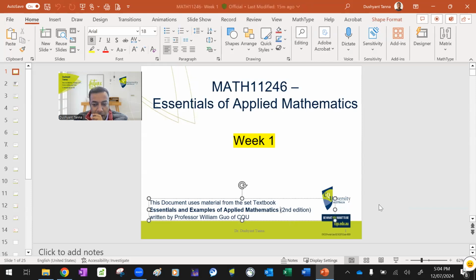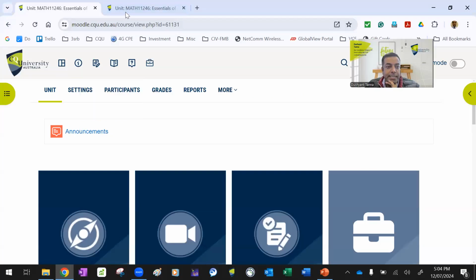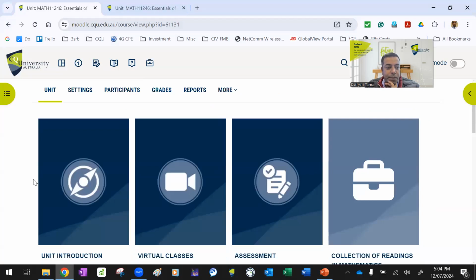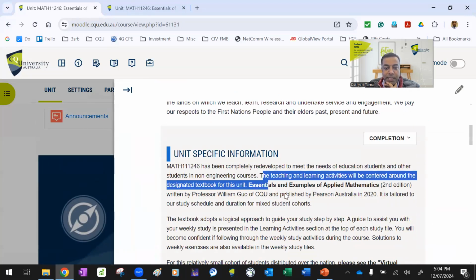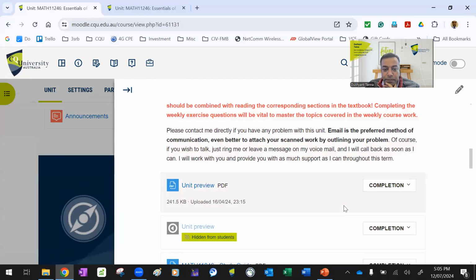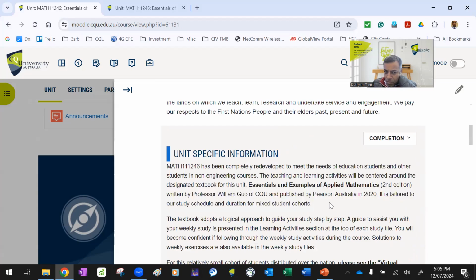On the website, it shows that it's the original edition. Is that the same as the second? I think that's what we have access to. Okay. So when you go into, there's a lot you can go through. Unit specification, that's what is written here as well. Unit specific information. Okay. Any other question? Well, we have access to the original edition, and I'm just wondering if that's the same as the second. I know that there would be differences, but our access is limited to the first edition. In the Pearson website where you purchased the book? Yeah, the ebook central, the ProQuest website. I have no clue about it. Okay. Let me stop the recording because this doesn't need to be a part